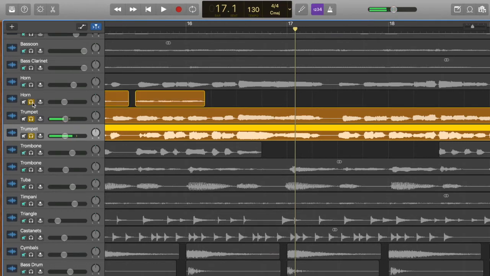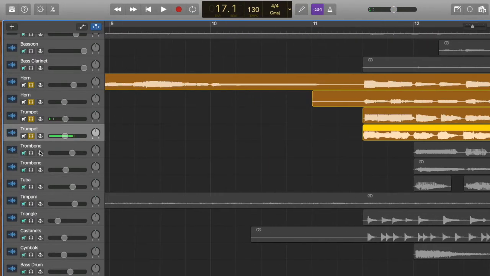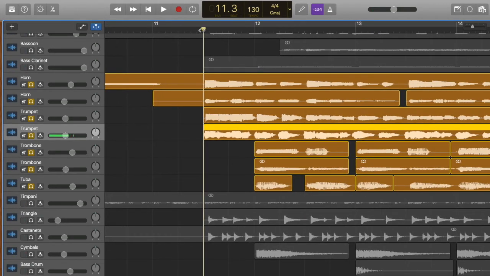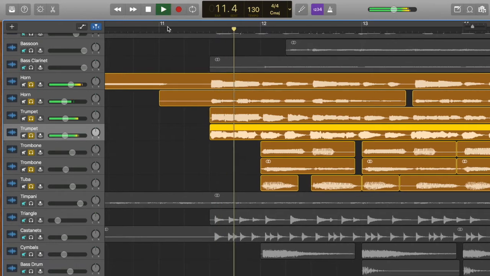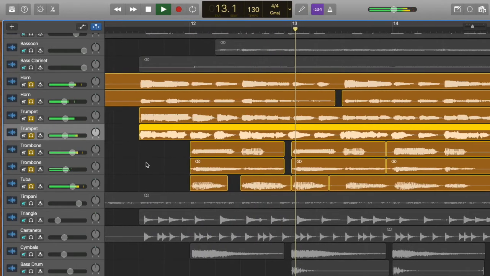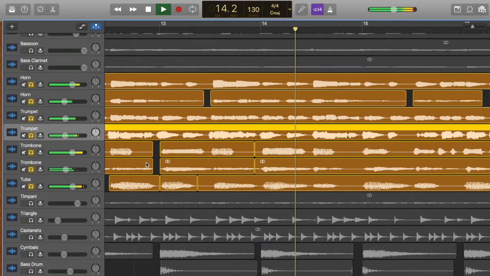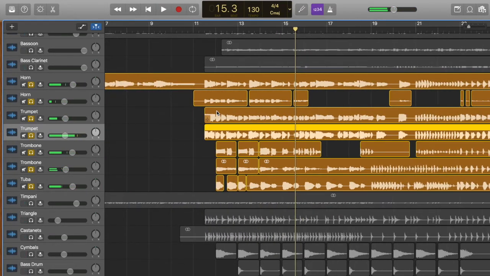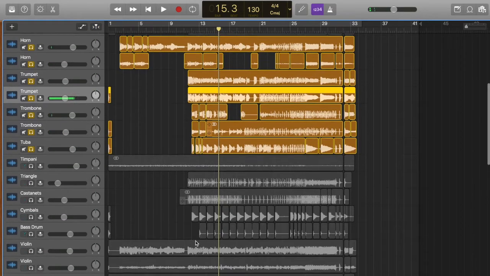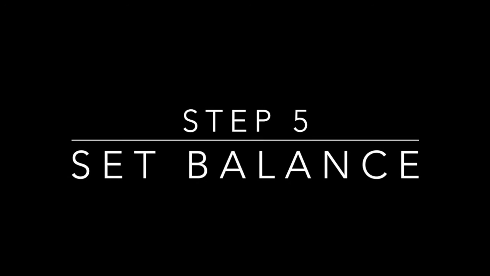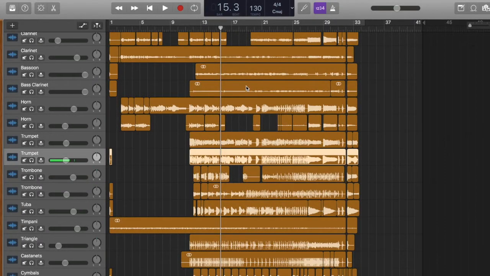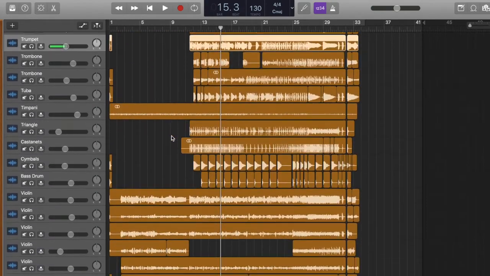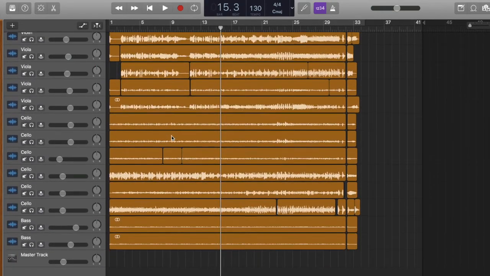And then I would go in and make sure that all the other, I would usually work by section. So here's the brass. I would make sure that they sounded like they were all aligning. So that would be this step of making sure all of the tracks line up in space and time. After making sure all of the tracks had the sound aligned from all the independent students, the next step was